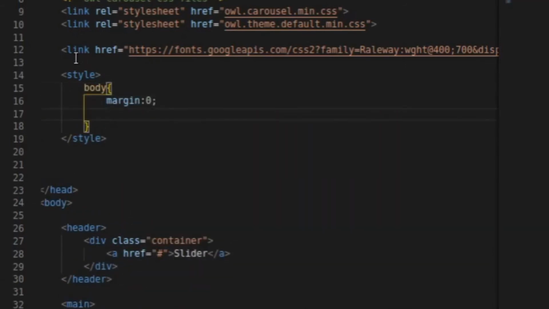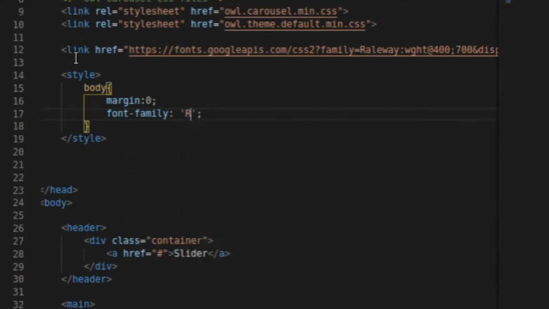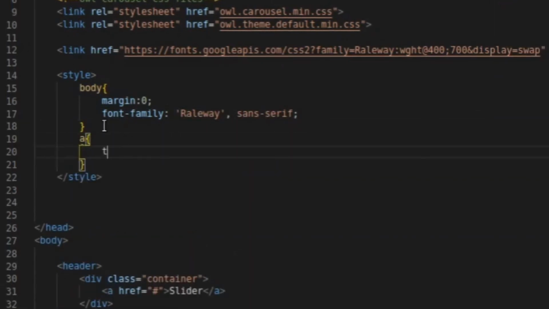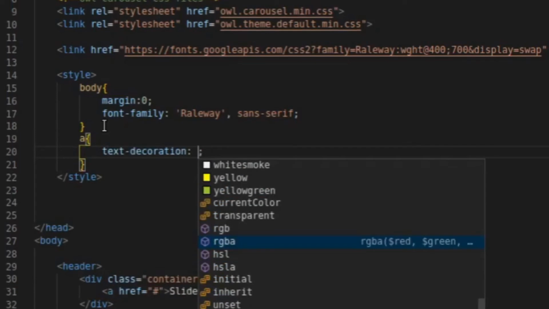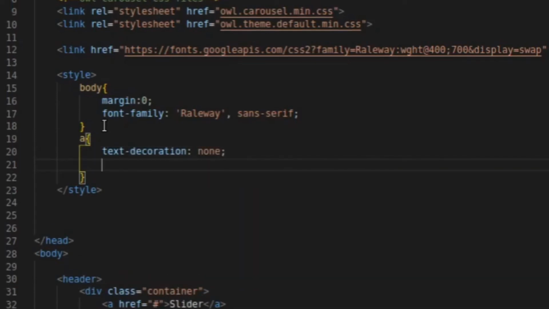Again type font-family Raleway, sans-serif. Text decoration would be none, and text color should be black,